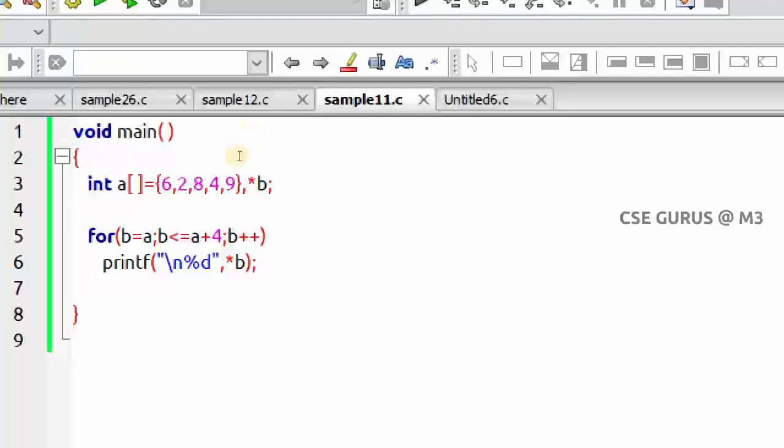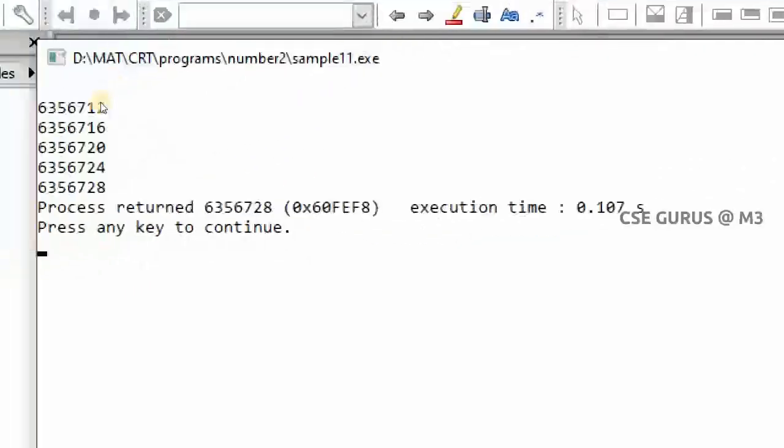So that is what, if you want, you check it out every time whether you are getting the addresses which are differing. I'll simply print b. You check it out whether you are getting those addresses. Yes, you can see every time b only, but every time the b value changes like this. The address value changes like this.